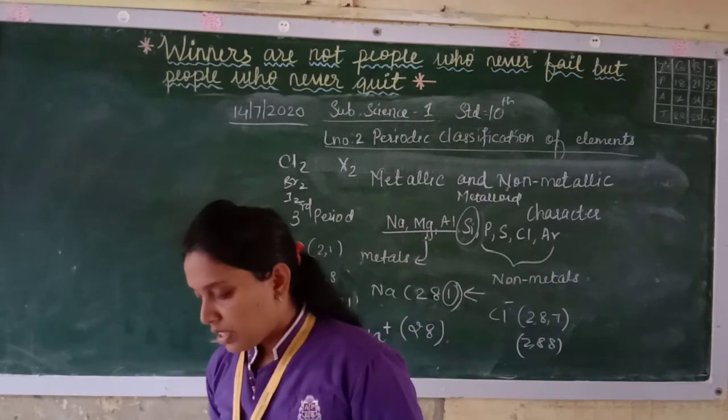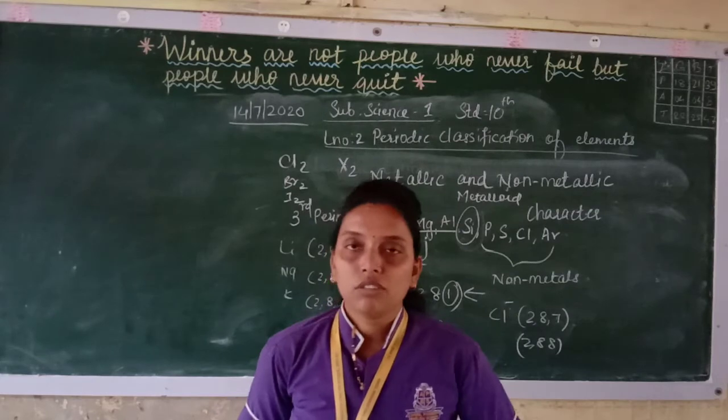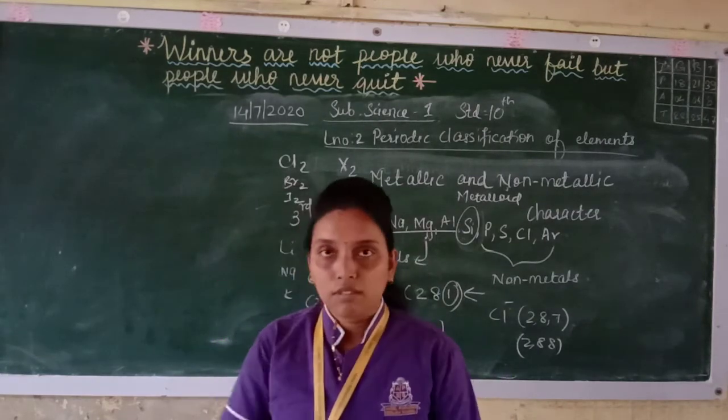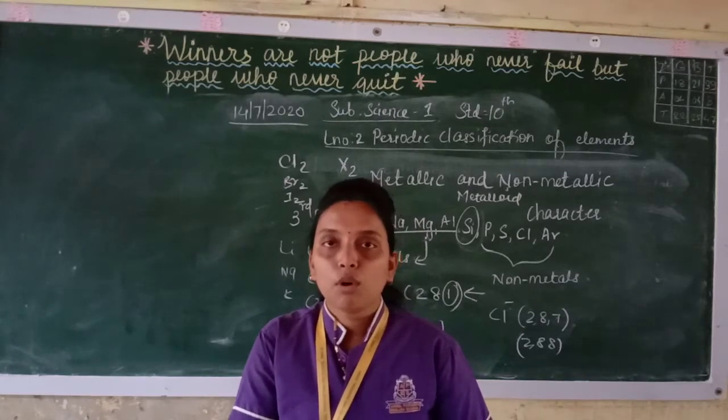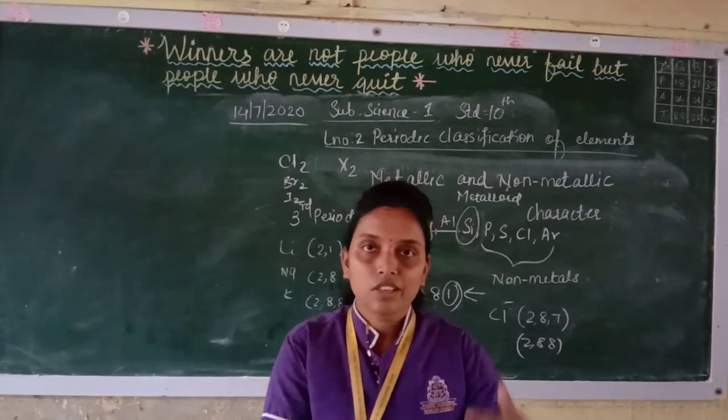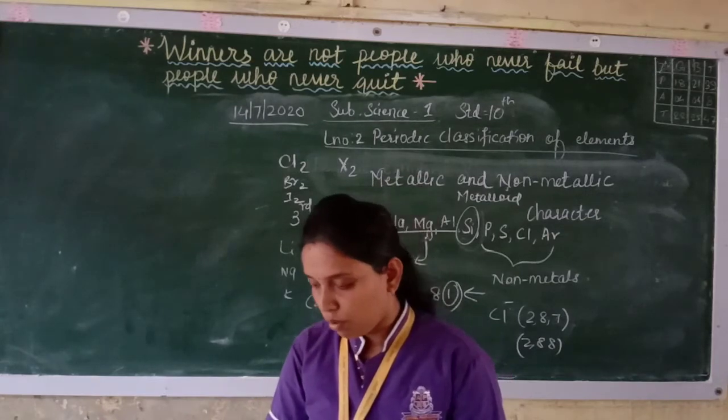Gradation is observed in the physical state down the group. So down the group some variations are shown. Fluorine and chlorine are gases. Bromine is a liquid while iodine is a solid. So these variations are shown down the group.